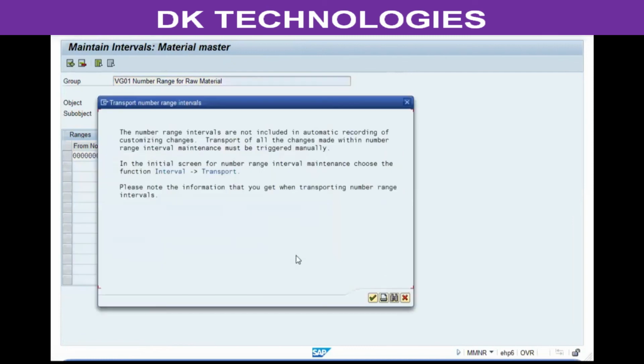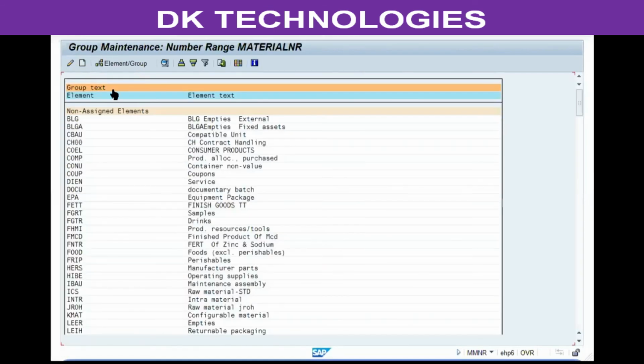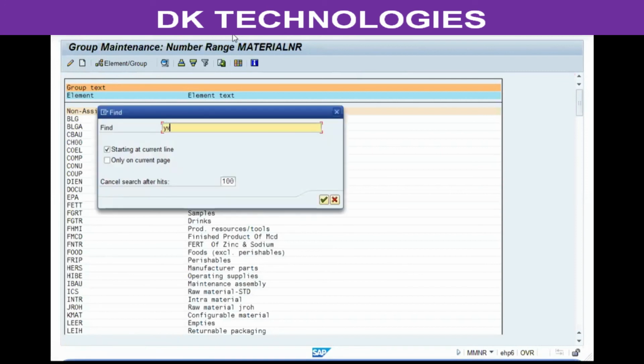enter and save it. In case this number range interval already exists in the system, then you'll get a message saying enter number ranges without overlap. So since we did not get it, it means that it is valid. Go back, go to your check where your material type is, YVGR,